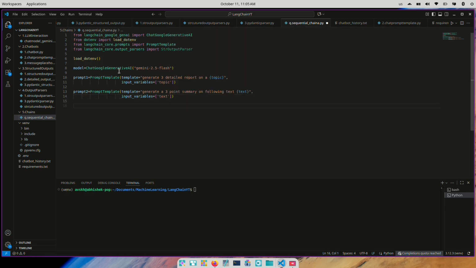I already have a model, so I'll define my parser, which will be from StrOutputParser, and then I'll define a chain, which is a sequential chain here. First of all, I'll go to prompt1, then I'll call the model, then I'll go to the parser, and then I'll go to prompt2, and then I'll again call the model, and then I'll go to the parser again. Finally, I'll invoke this chain and store the output in result. So chain.invoke, I'll define an entry point for this chain, which is topic. So my topic is going to be